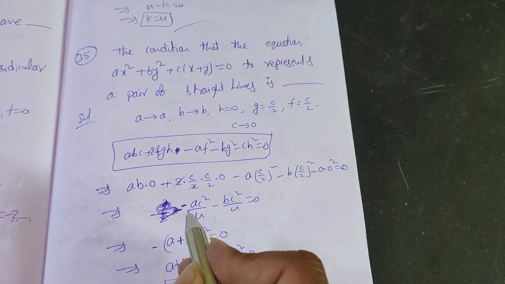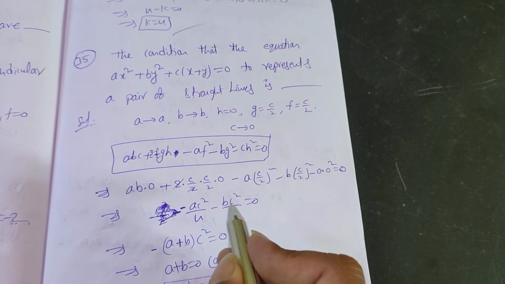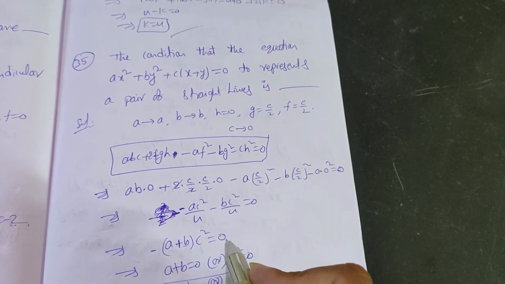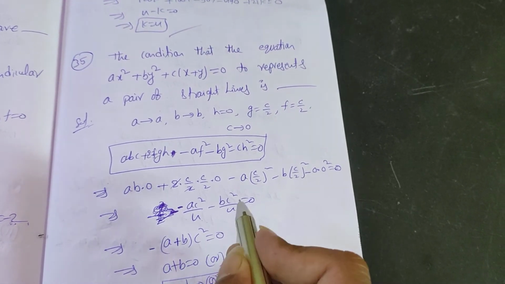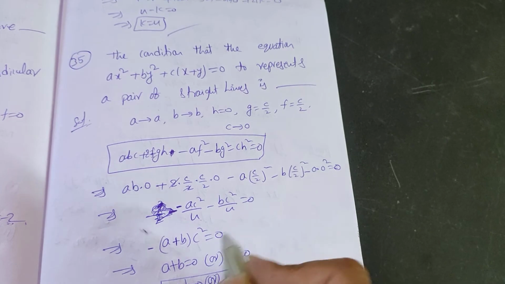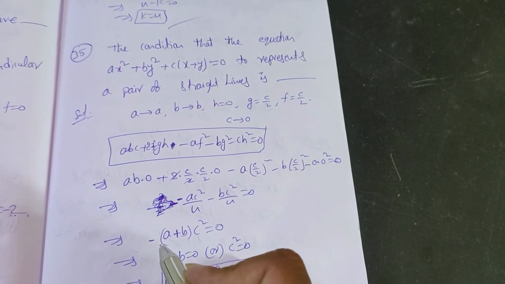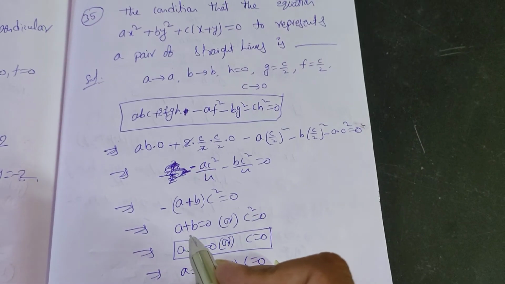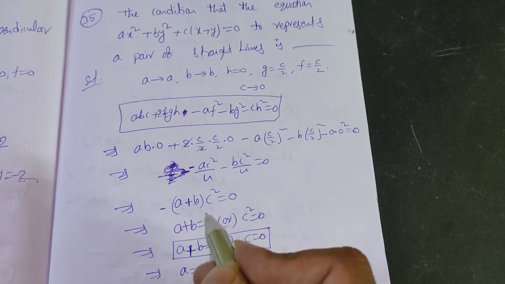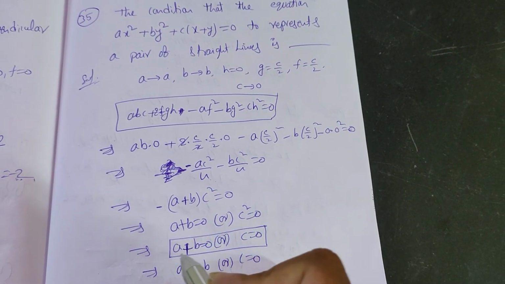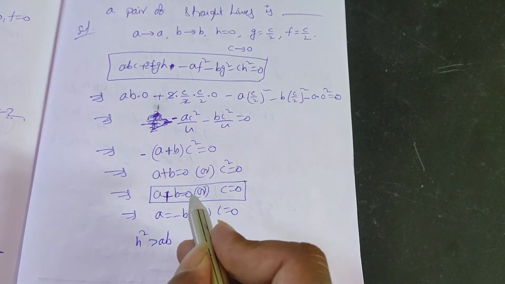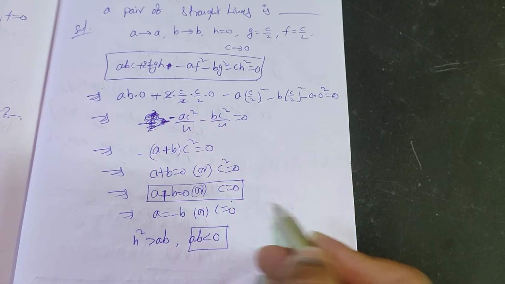So if you take minus common and C square also common, minus of A plus B by 4 into C square is equal to 0. So 4 transpose that side, that gives 0 only. So totally we have minus of A plus B into C square is equal to 0. This implies A plus B is equal to 0 or C square is equal to 0. That means A plus B is equal to 0 or C is equal to 0. So we have condition A plus B is equal to 0 or C is equal to 0,